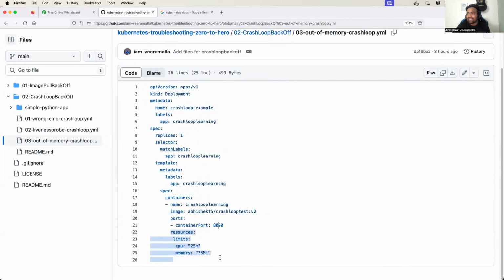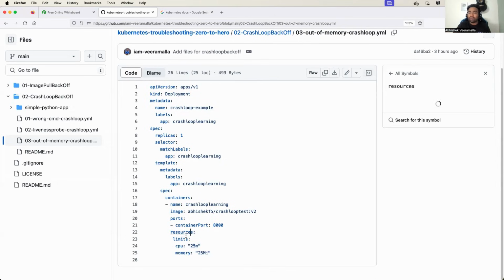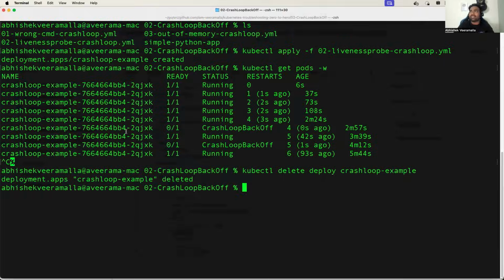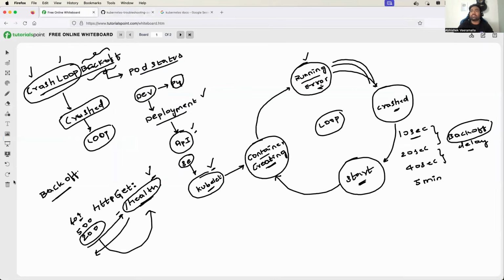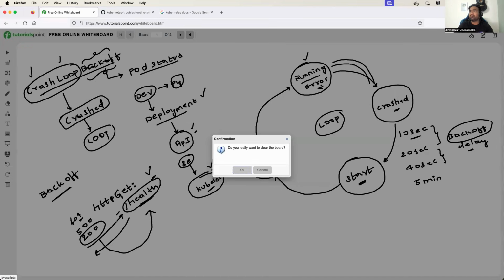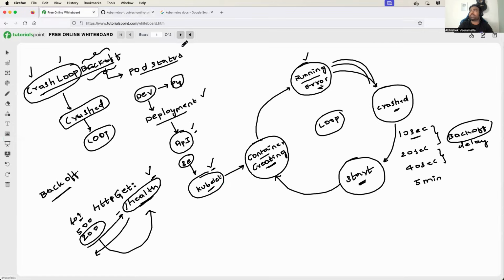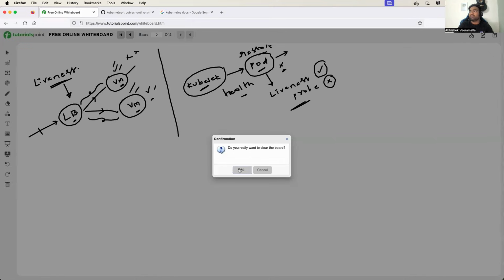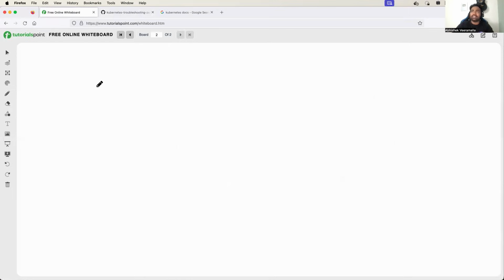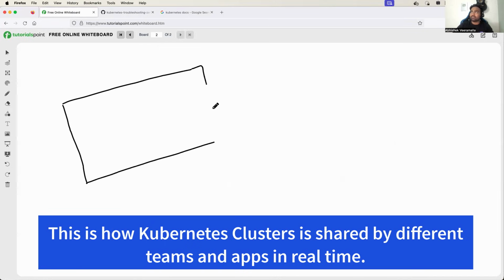This section is the resources section. Very, very important if you are working in an organization. What happens is you have one Kubernetes cluster, right? So let me take a new one. So you have a single Kubernetes cluster that you are managing between multiple teams. So as a DevOps engineer, how do you manage this? Now, I'll explain this in more detail again, but today